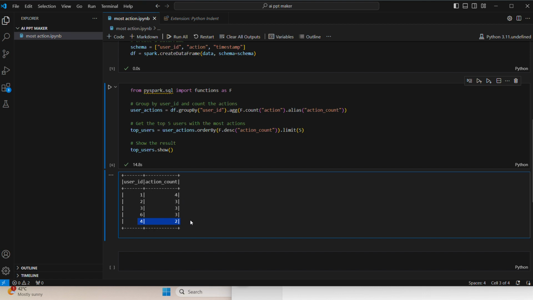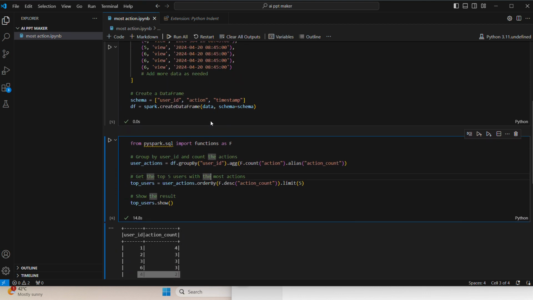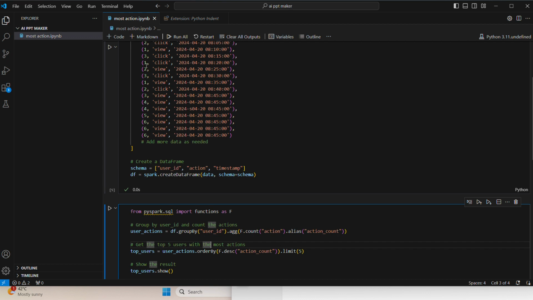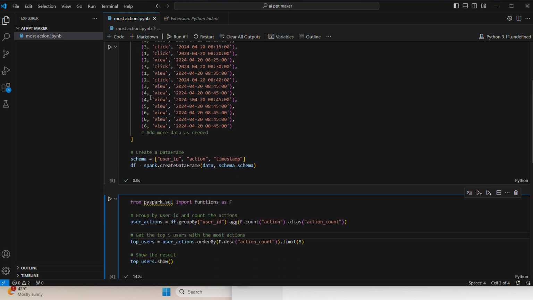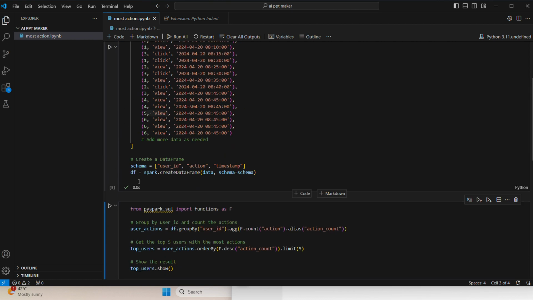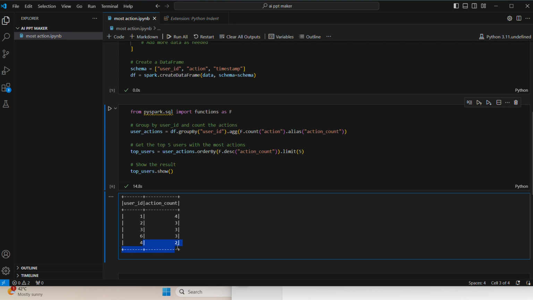Let me try and explain again. When we group by user ID, consider all the same user IDs in one place. This one coming, one coming, one coming, one. All this in one place, and then we did F.count on action. Doing a count on action will obviously give us 4, because 1 comes 4 times with different actions, click and view, which is the most. Similarly, we move forward for 2, 3, 4, 5, and 6. 5 being only once didn't come into our result. The last thing which came into our result was 4 with 2 actions,